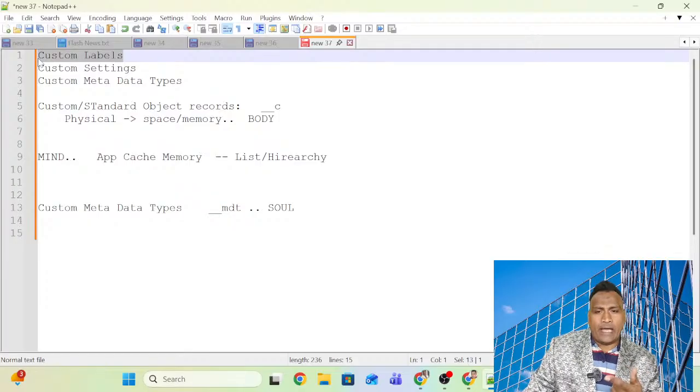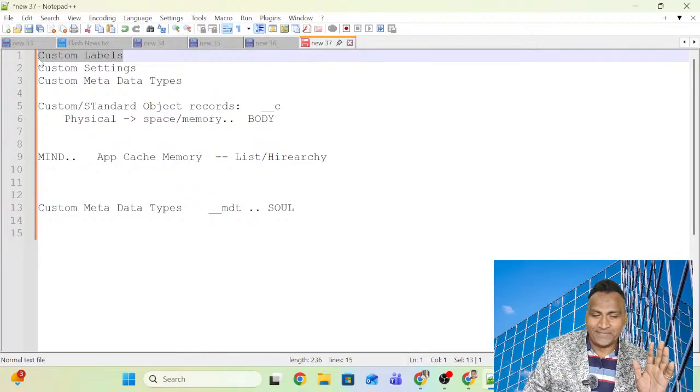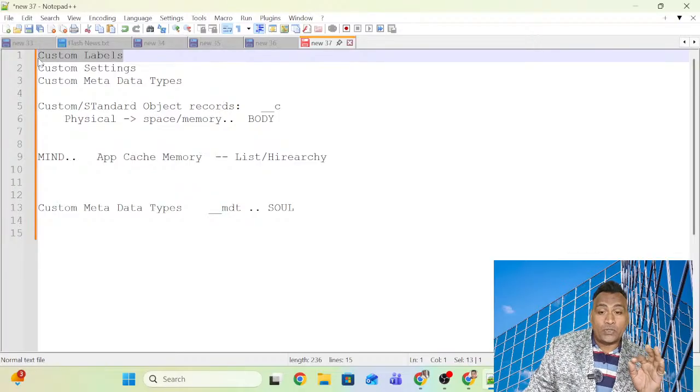Reusability. So I will create a custom label once. For example, how are you? Or good morning. In Japanese, I want to say hi, good morning, or namaskar, namaste type of thing in Japanese. Konnichiwa. So to say konnichiwa, if I have 100 custom classic pages and 100 custom lightning UI pages,